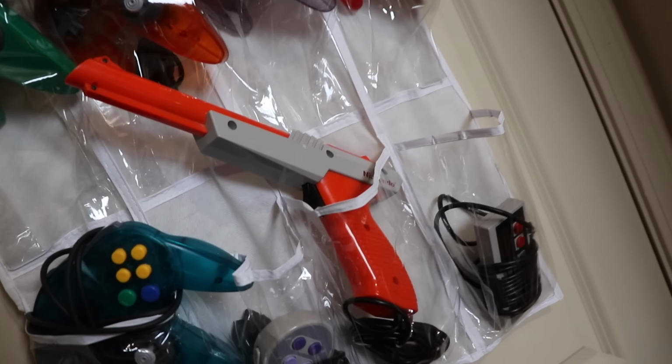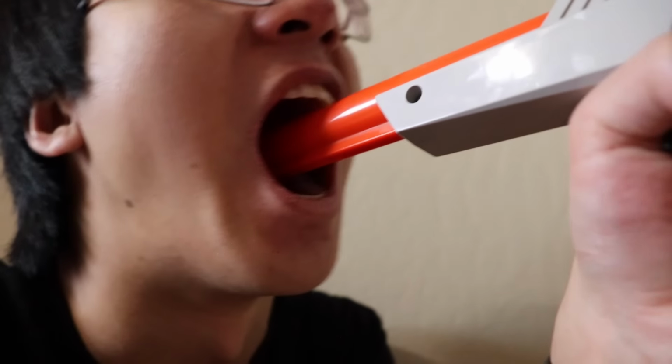Ugh, this tour took forever to film, and my throat is kinda sore from all this talking, and I just want to use this NES Zapper to